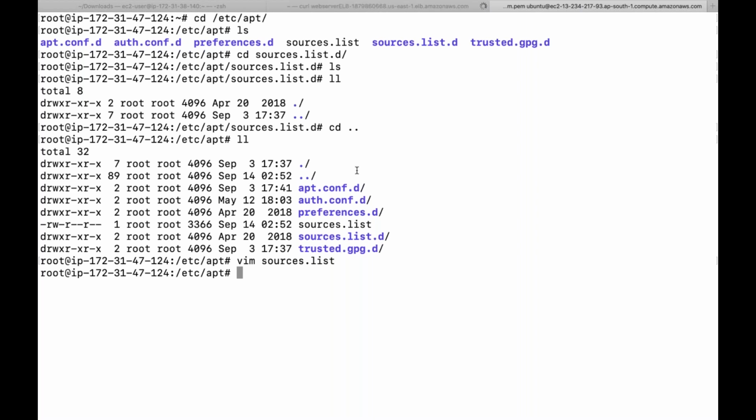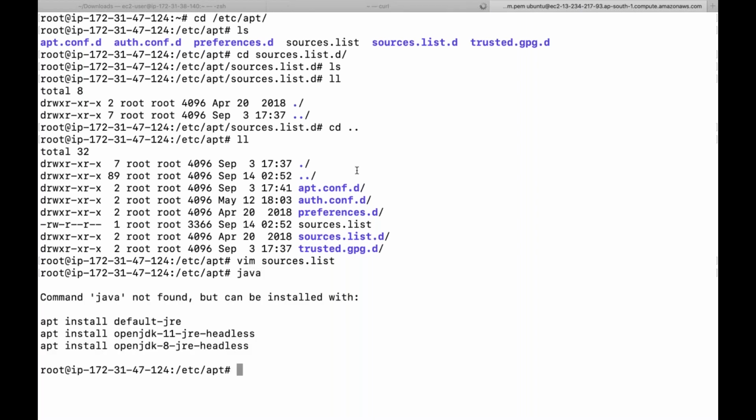Now, whenever we are going to install Java, keep this in mind, guys: Java is mandatory to run Jenkins. This is one interview question: what version of Java is required to run Jenkins? Java 7, meaning Java 1.7 or a higher version, is required to run Jenkins on your server. So let me check whether Java is available or not.